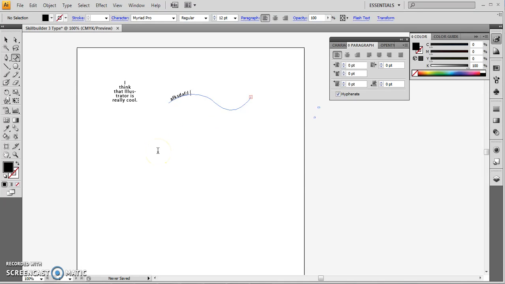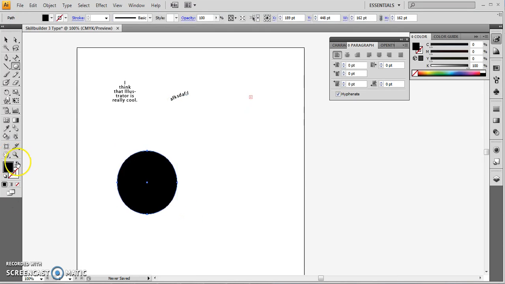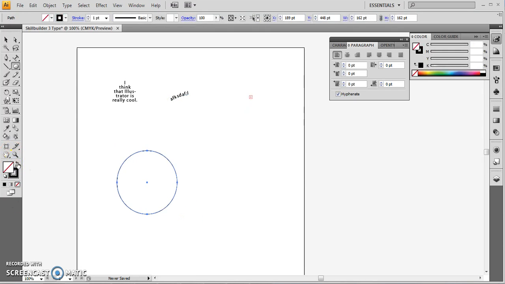So you can make any path that way. What I would like you to do is make an ellipse. So do a perfect circle by holding shift and dragging. So once again, this time I want you to make a word on the outside here. So if I go to type on a path,